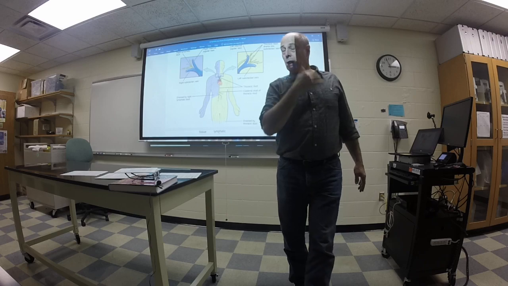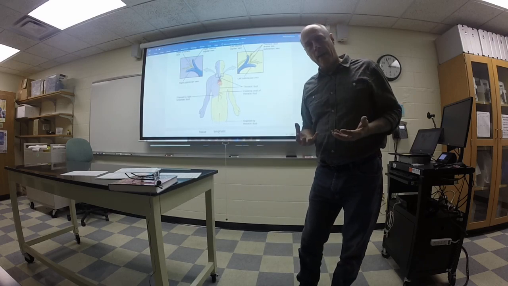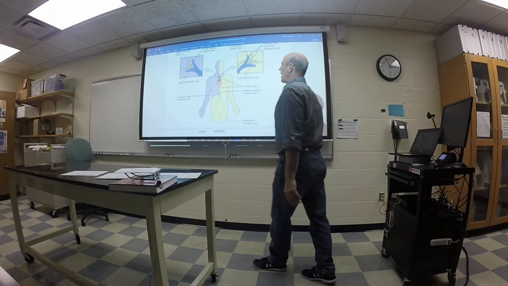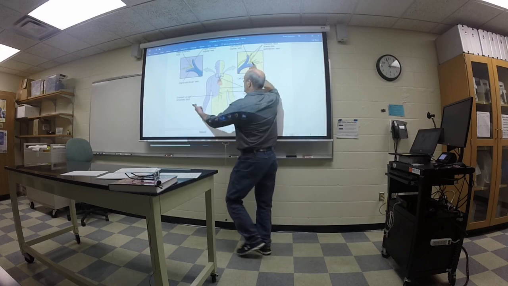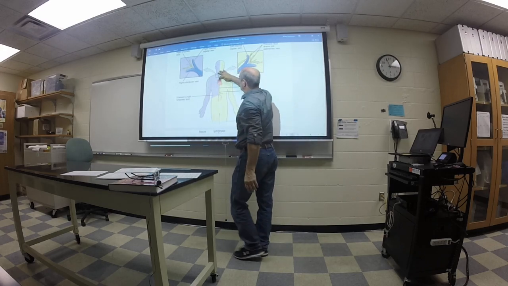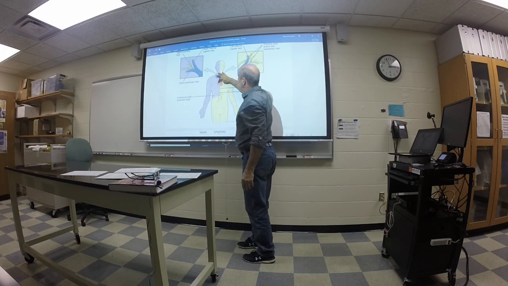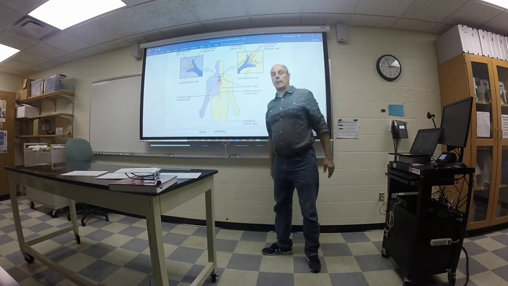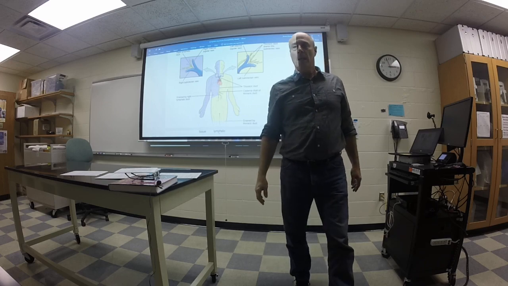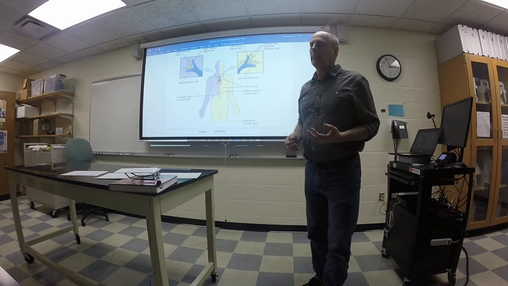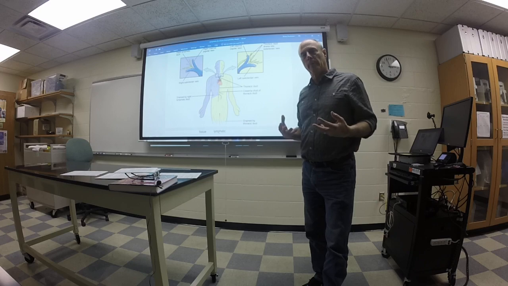Here's the point from the digestive system. If you've got a high-fat diet, all that fat from your digestive tract is going to go right back into the venous system, right into the right atrium, to the right ventricle, and right back into the heart. And so that's why that fat is such a problem for